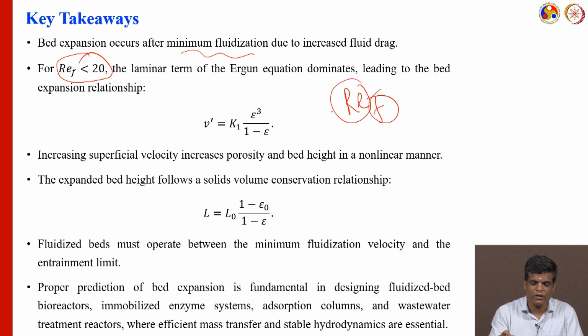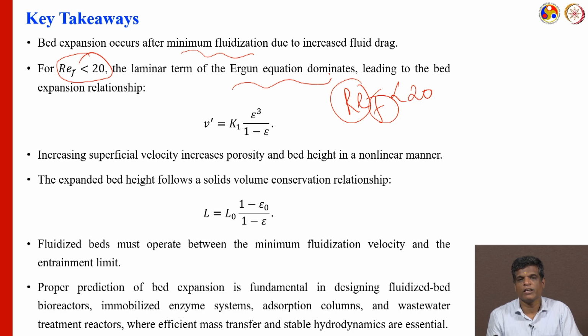In the laminar term, because it is less than 20, we call it laminar. The laminar term of the Ergun equation dominates if it is less than 20. If greater than 20, then automatically it is turbulent flow, and the inertial force will dominate. So, leading to bed expansion, the relationship we already studied: V dash equals K1 of epsilon cubed